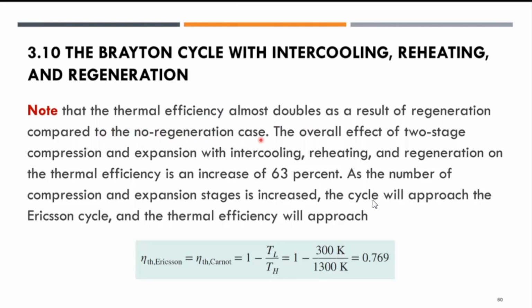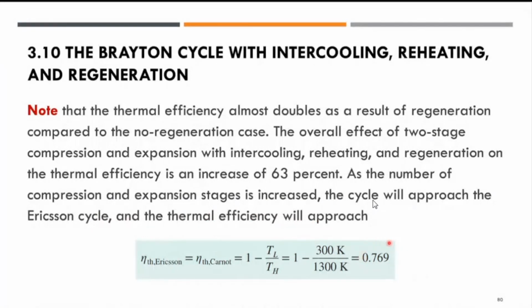The overall effect of two-stage compression and expansion with intercooling, reheating, and regeneration is a thermal efficiency increase of 63%. As the number of compression and expansion stages increases, the cycle will approach the Ericsson cycle, and the thermal efficiency will become